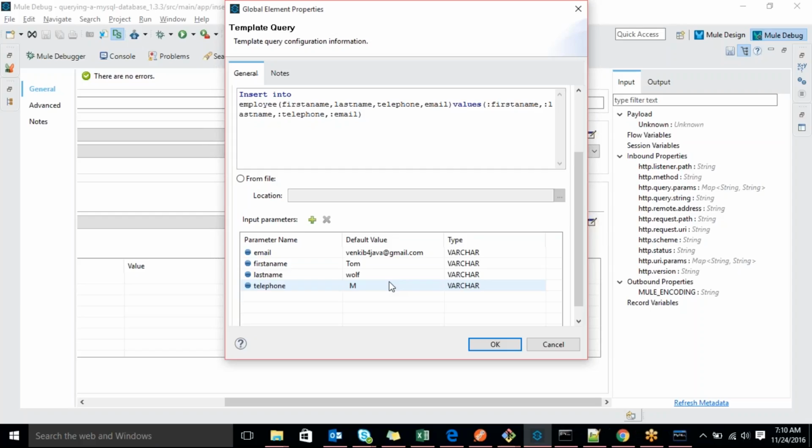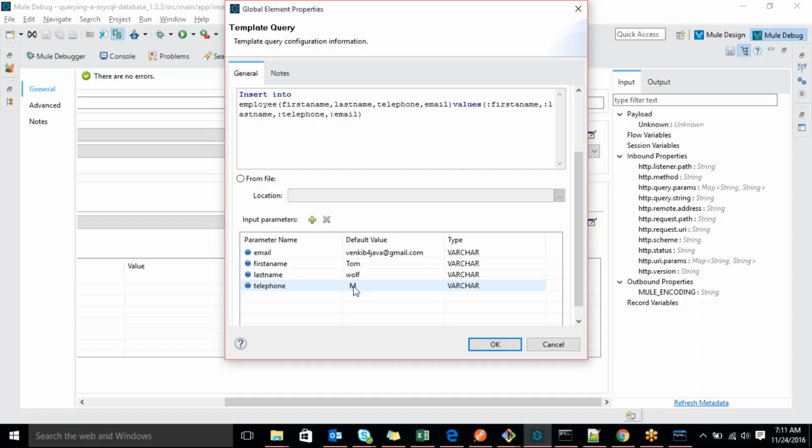When you use a prepared statement, you have to pass each and every variable like this: directly set email, set first name, set last name, set string, set integer, like that. The same thing is implemented here.